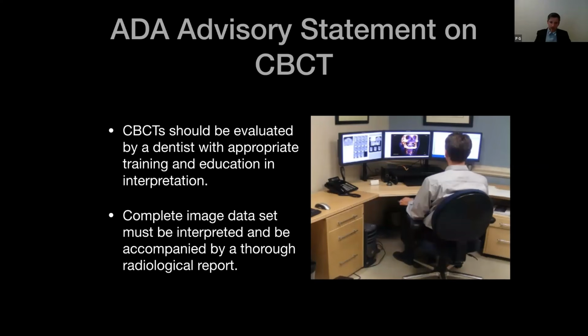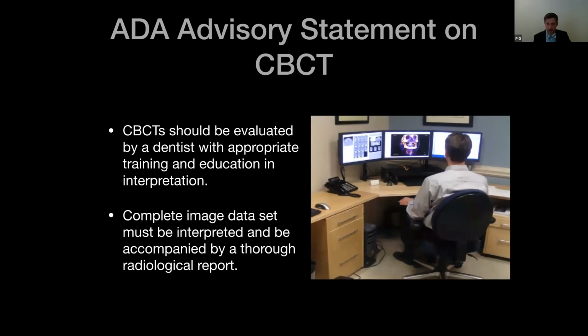And the entire scan does need to be looked at, not just the region of interest. But know this, all the dentist needs to do is to check if something's abnormal or if it doesn't look like it belongs. So no diagnosis, just recognition if something looks like it doesn't belong. So you're not necessarily responsible for knowing exactly what it is. You just need to make a call and either leave it alone, biopsy, or send the scan to another dental colleague or radiologist for a second opinion.